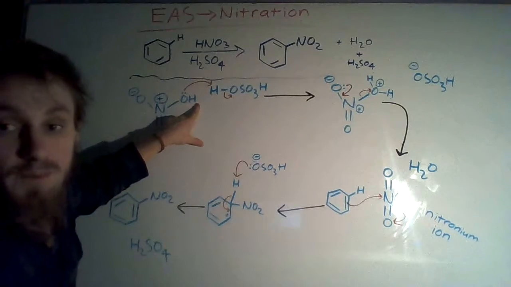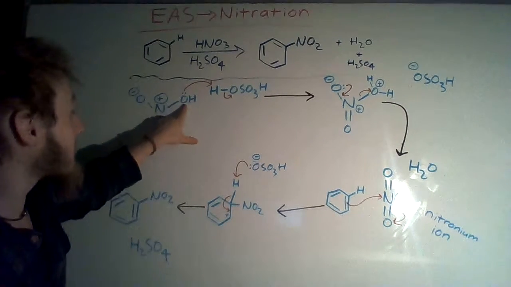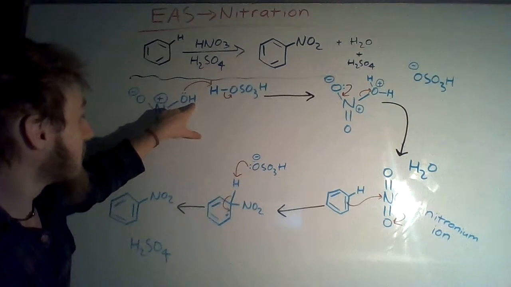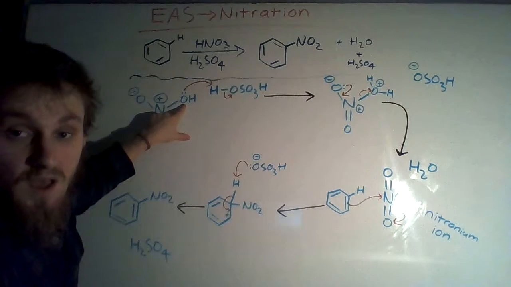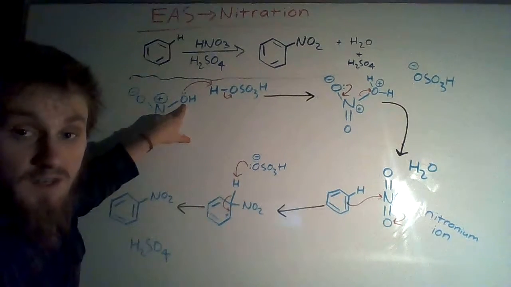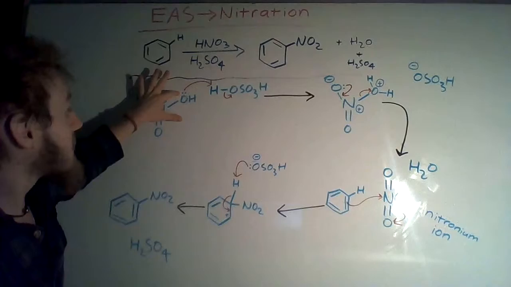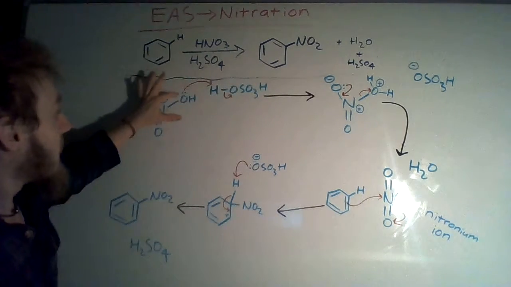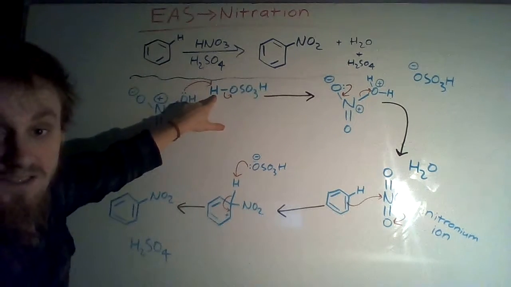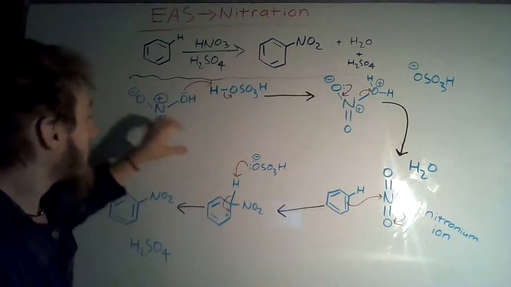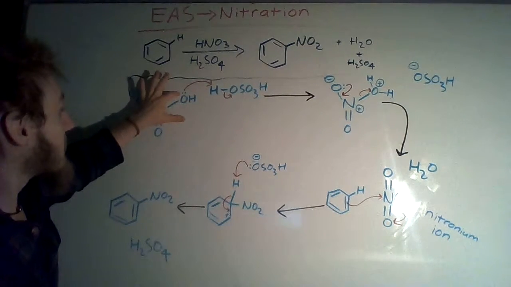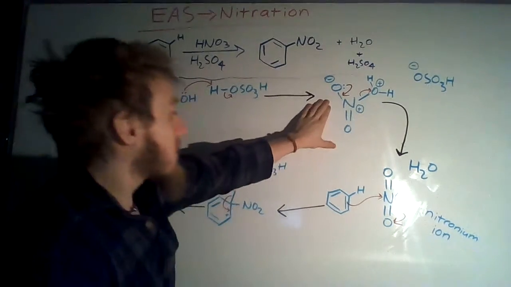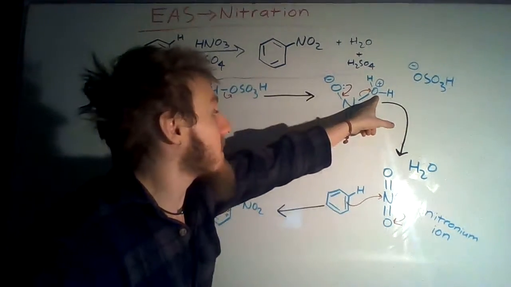So the first step in this reaction actually has to do with this oxygen right here, the oxygen that's already connected to a hydrogen. You see, on this oxygen, there's actually two lone pairs. Now, one of these lone pairs is actually going to reach over to the sulfuric acid, right? This is sulfuric acid, and it's going to deprotonate that sulfuric acid, all right? So nitric acid is going to deprotonate sulfuric acid,